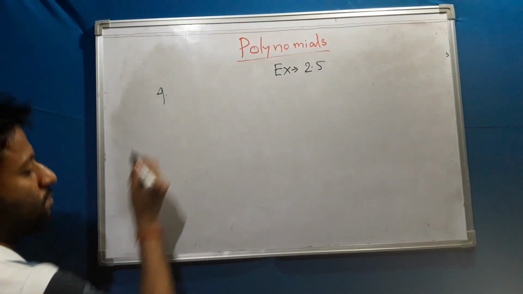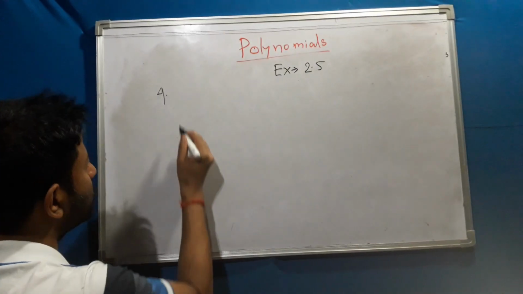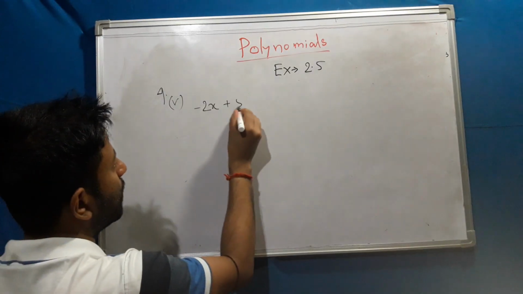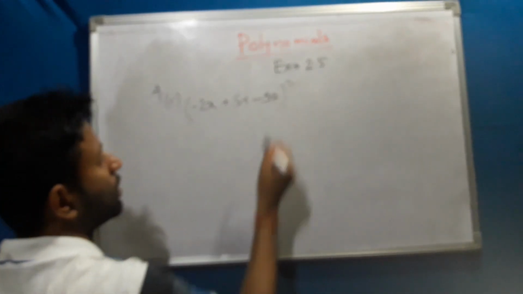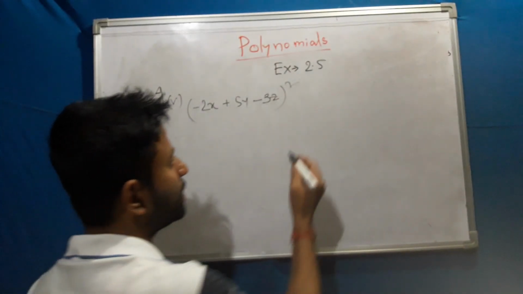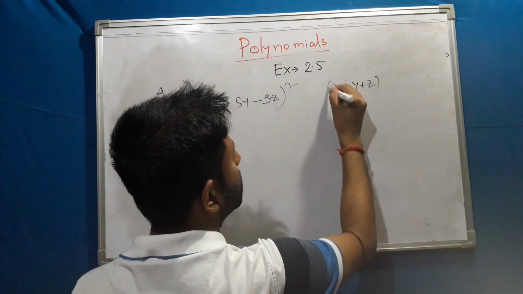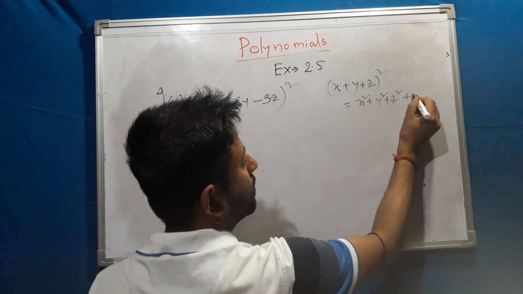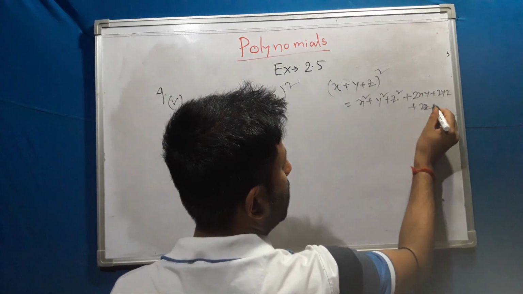Question number 4. So I am taking question number 5. Each and every question is the same, I have just taken one. They have given (minus 2x plus 5y plus minus 3z) whole square. So here I know the identity says that (x plus y plus z) whole square equals x square plus y square plus z square plus 2xy plus 2yz plus 2zx. Okay,